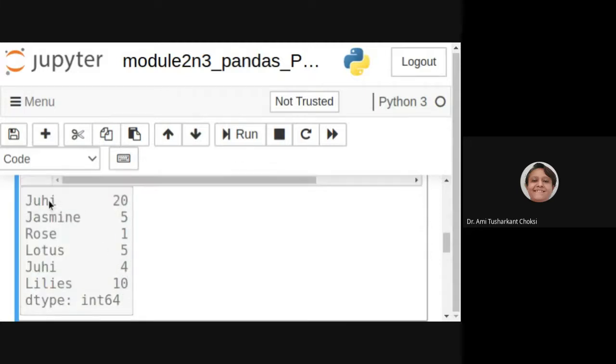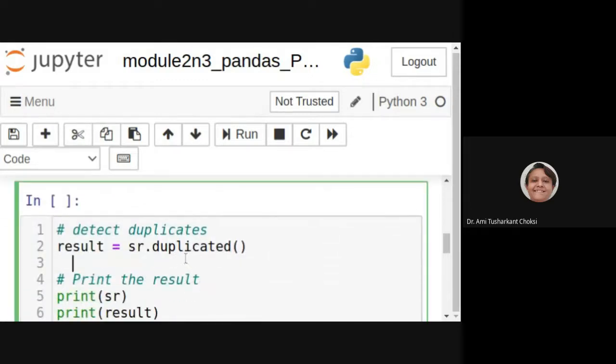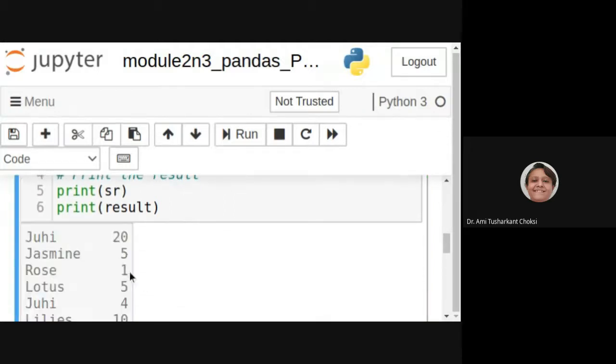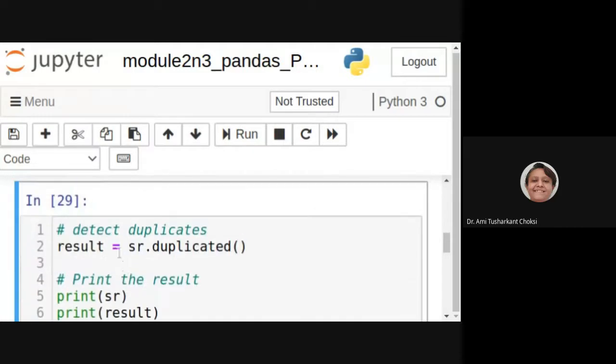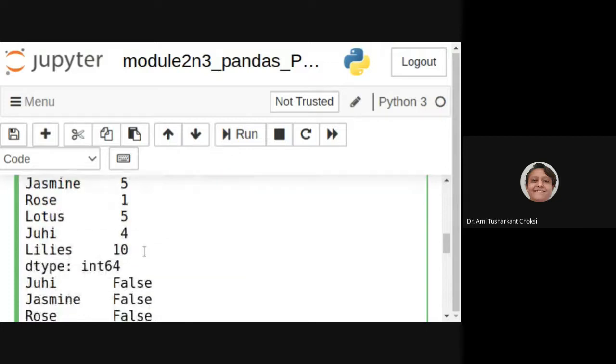So what is the case? Juhi, Jasmine, Rose, Lotus, Juhi, Lily, all these things are available here. Now we want to get the duplicated, which we have already seen. First of all we are printing the original series, then after we are printing the result.